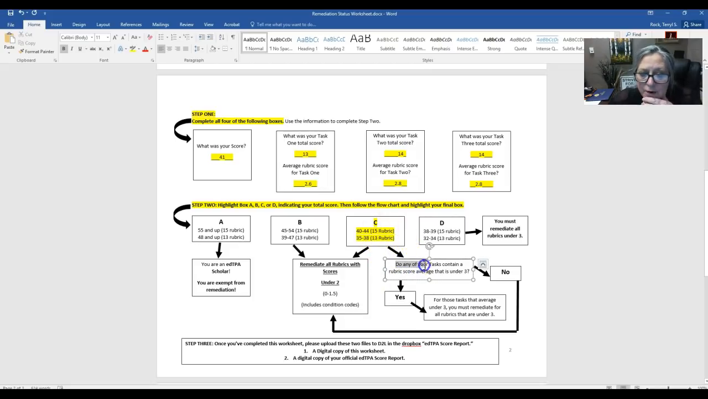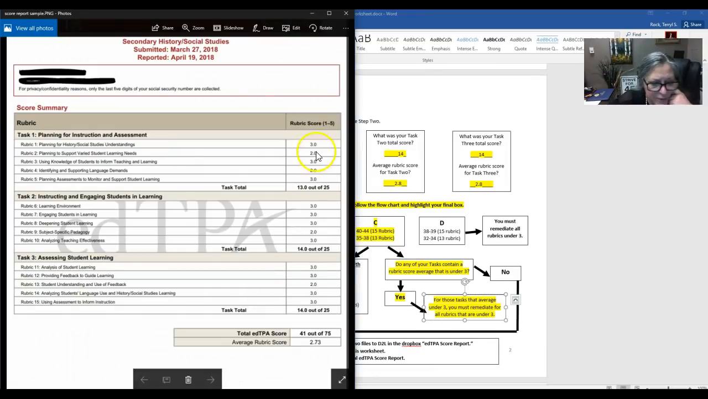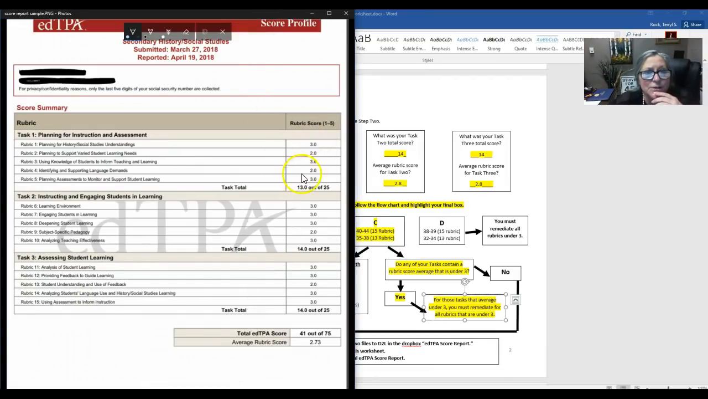Going here, do any of your tasks contain a rubric score average that's under 3? Rubric score averages: 2.6 and 2.8. All 3 of those are under 3. So the answer to this question is yes. So therefore, for those tasks that average under 3, you must remediate for all rubrics that are under 3. So that means, going back to this chart,